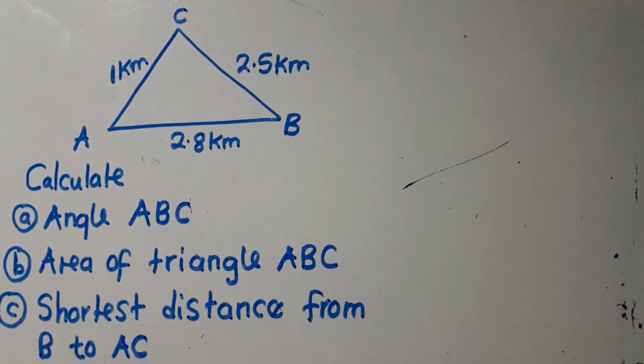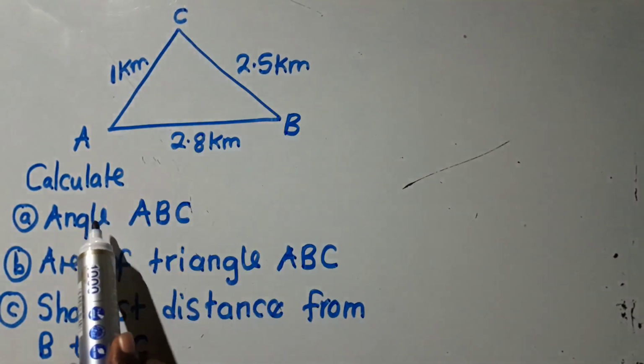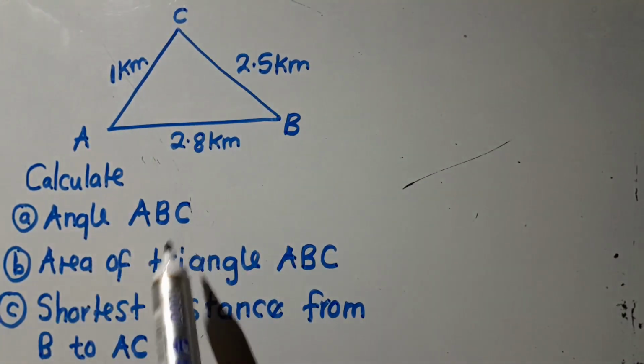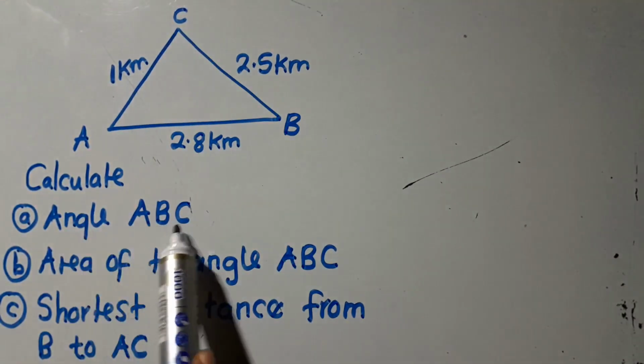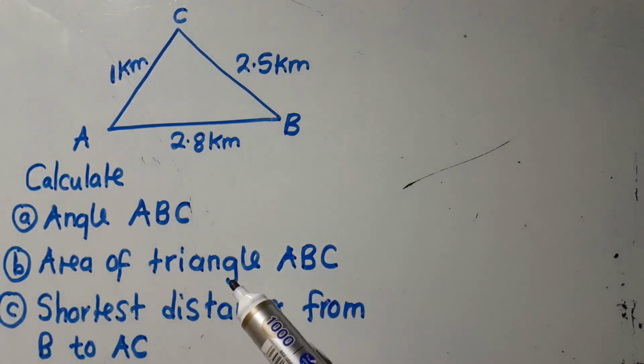So this is a wonderful question. We are given this triangle that is here. The first question is saying calculate angle ABC. So for you to know the rule to use under this, we know that